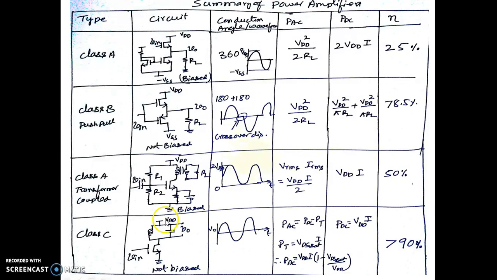Now, in order to find out the efficiency, we cannot find PAC directly, but we can certainly find PDC here, which is nothing but VDD into I. We can estimate the power being dissipated in this MOSFET, which is PT, that is VDS sat into I. Once we know PDC, the entire power drawn from the power supply will be dissipated as output power and transistor power. So we can estimate PAC by subtracting PT from PDC. This is the expression. Upon finding, it was found that the efficiency is more than 90%. So this way, this is the summary of efficiency of